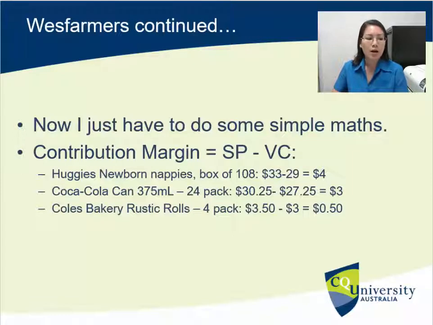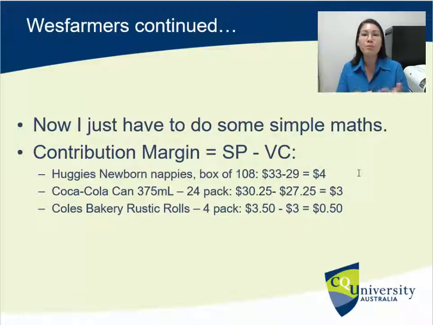So now, don't forget, just calculating it, that's not all. I would actually go on to explain, what does this mean? What does the $4 and the $3 and the 50 cents mean? Well, this is the amount that each of these products, so every box of 108 nappies that's sold, contributes $4 towards Coles' overall fixed costs. And the fixed costs for